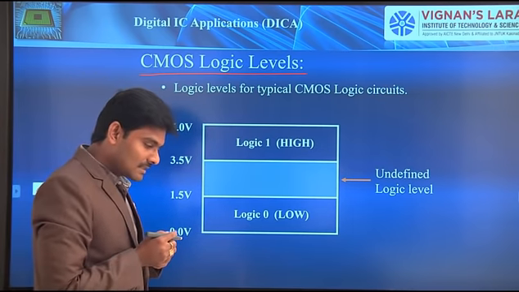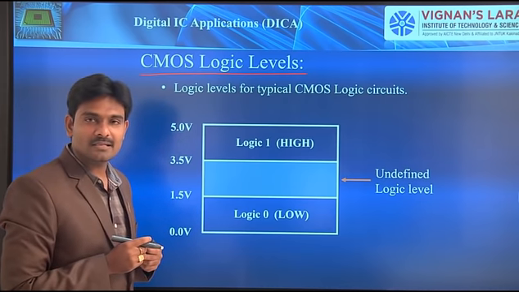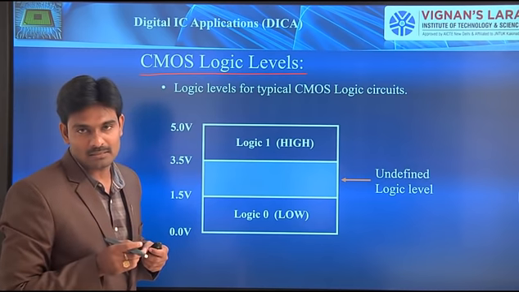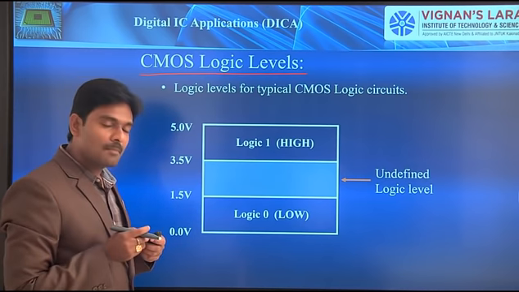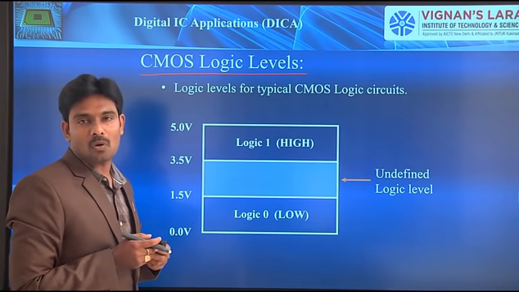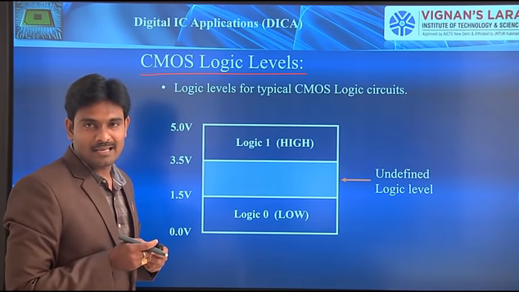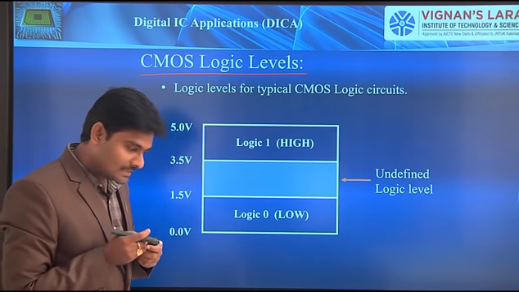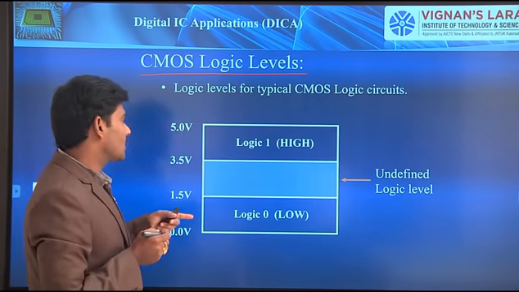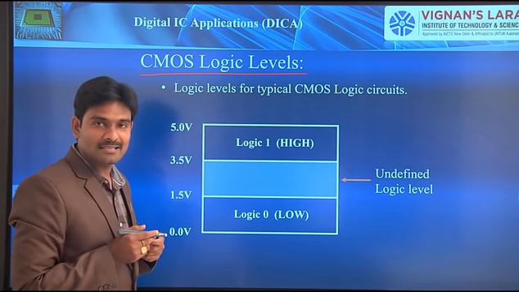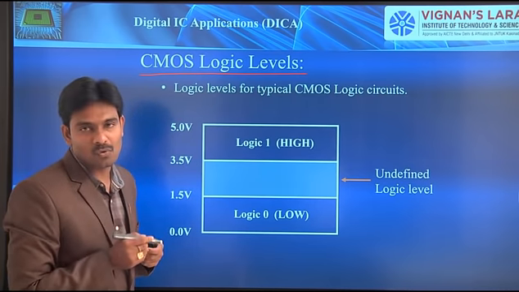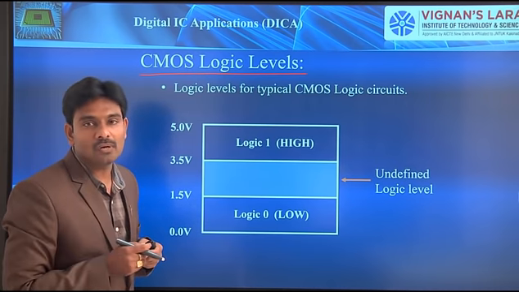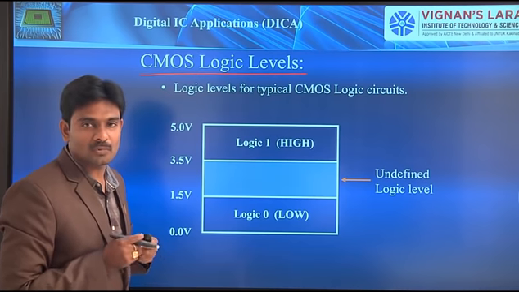As we discussed in the previous session, digital systems process zeros and ones. But in practice they process electrical signals such as voltage levels. So for logic 0 and logic 1, instead of assigning a single voltage value, we define a certain range of voltages. That's what we are supposed to consider.